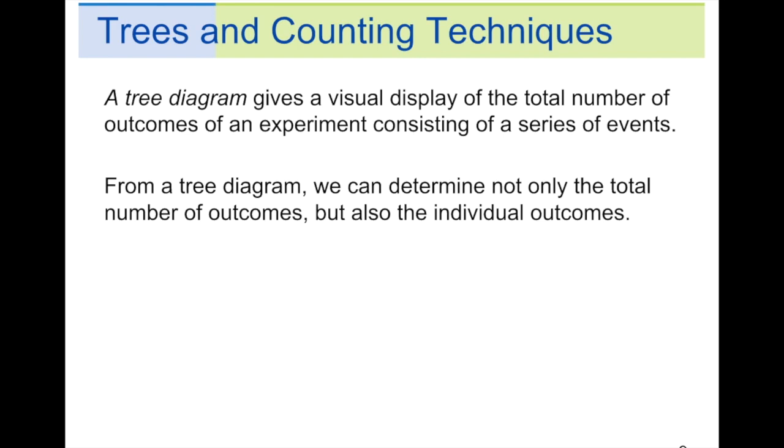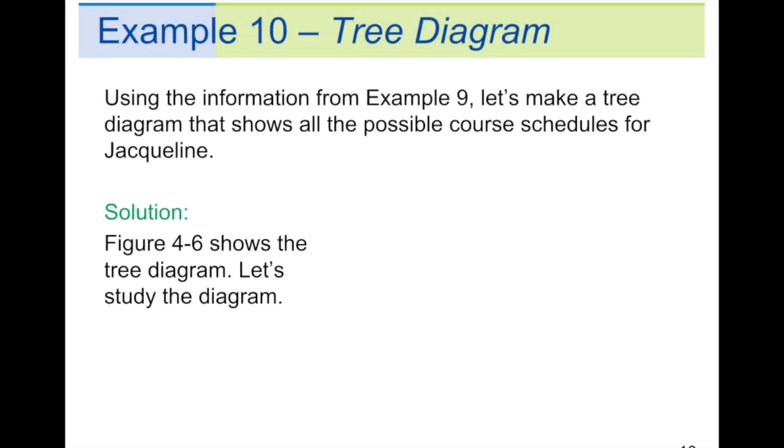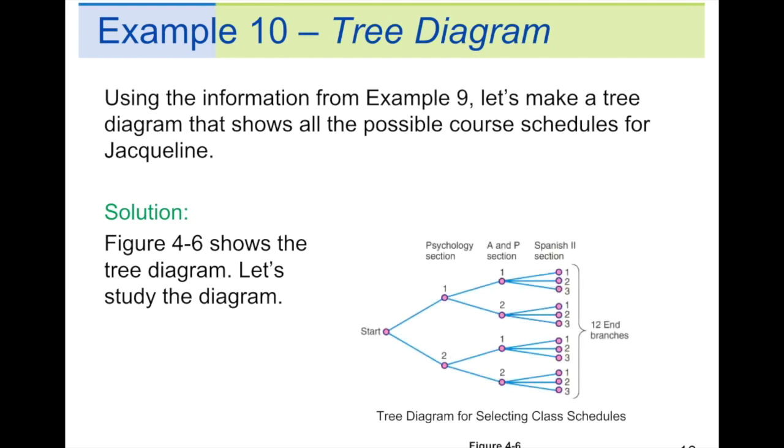A tree diagram gives a visual display of the total number of outcomes of an experiment consisting of a series of events. From a tree diagram, we can determine not only the total number of outcomes, but also the individual outcomes. Using the information from example 9, let's make a tree diagram that shows all the possible course schedules for Jacqueline. So here's a diagram,